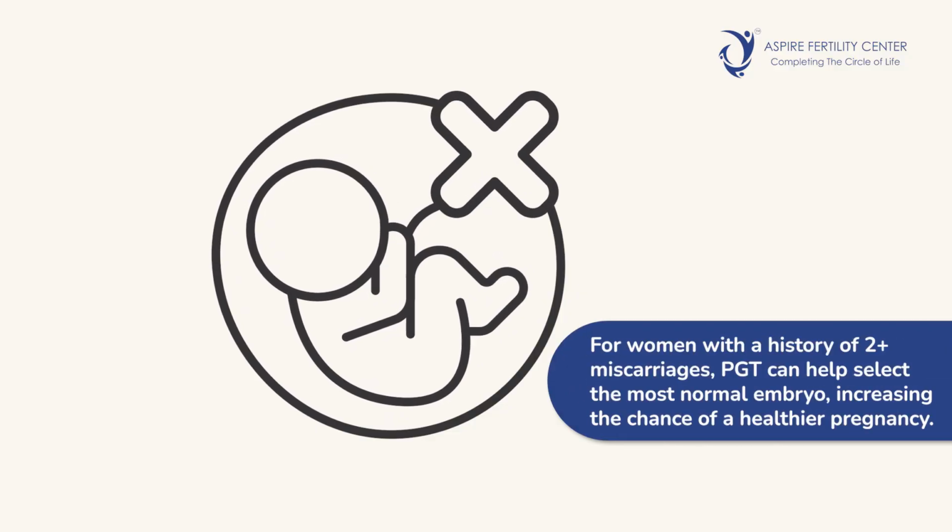History of recurrent pregnancy loss. So if there has been a history of pregnancy losses happening again and again, especially more than 2 or 3 miscarriages, in such situations also, women may consider PGTA to help have the most normal embryo for transfer in an IVF, because that also will help them achieve a healthier pregnancy, and also taking care of the other factors for miscarriage will help in having a good outcome.